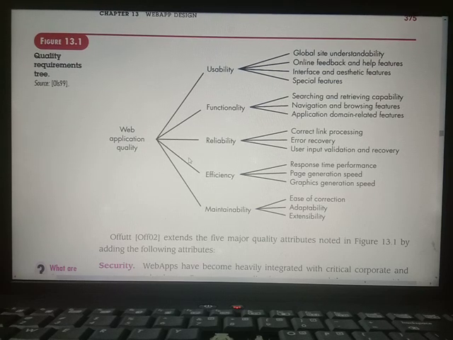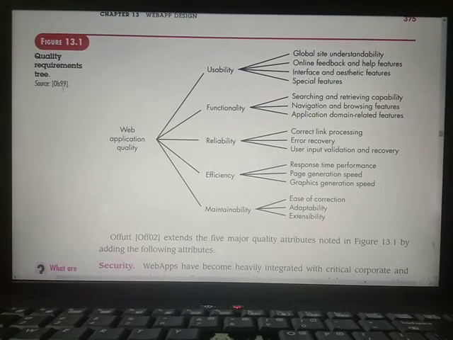So maintainability means if anything goes wrong, the user might be given a chance to correct it by himself. Adaptability means, in order to make the web application work under any platform, the web application software must be open in an Android mobile or in a Windows operating system or in a Linux operating system or any kind of system. And extensibility means if features have been given, they must be able to be improvised and then extended. So these are the five quality requirements for the web application quality that have been given in the form of a tree.